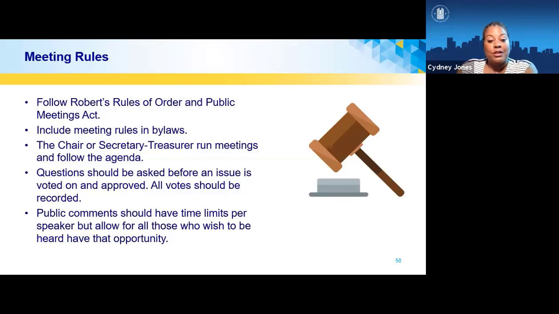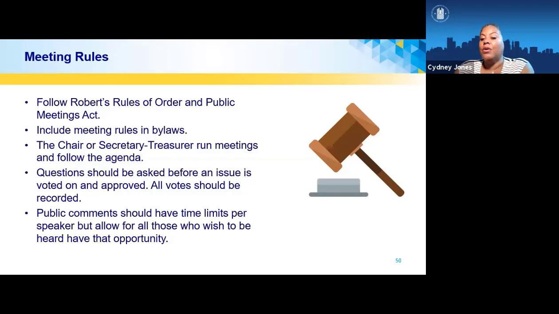Meetings should be between 1 and 2 hours, although we know they can go longer depending on what's on the agenda. And most importantly, ask questions so that votes are based on knowledge and understanding, not just a pass-through. Also take minutes, and it's important to not let anyone monopolize the meeting because everyone may have valid and good questions.